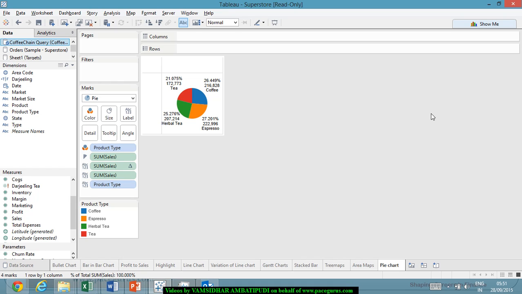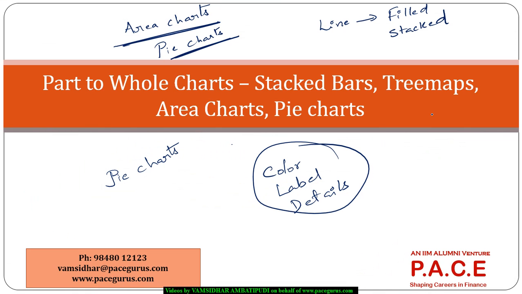But overall, what we are able to convey through this session is, if I want to represent part to whole kind of data, all these different charts really help us in doing the job, right? So you can do more and more practice by taking different kinds of data sets, which can really help you to create a big